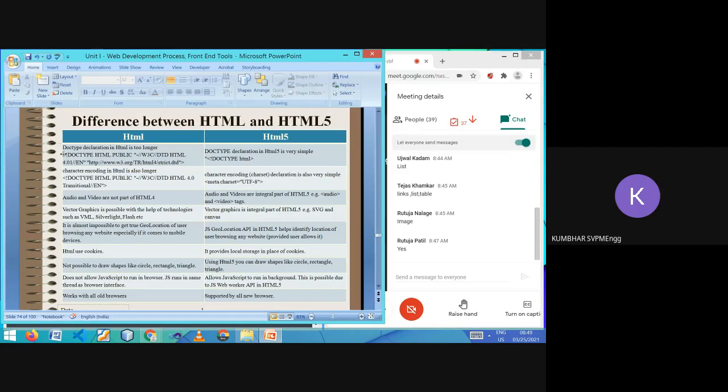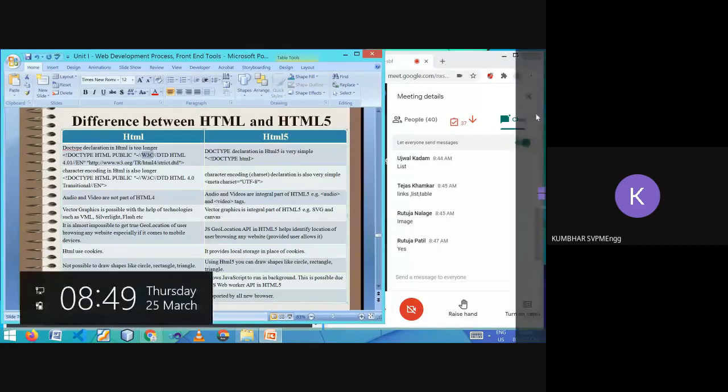But it is expected that you should write the doc type tag before the HTML, and this is the syntax in which you are going to state this W3C DTD HTML 4.0 EN. This is the address of the W3 consortium.